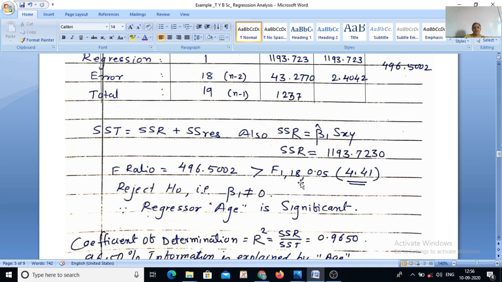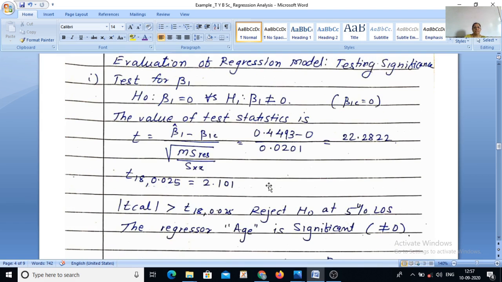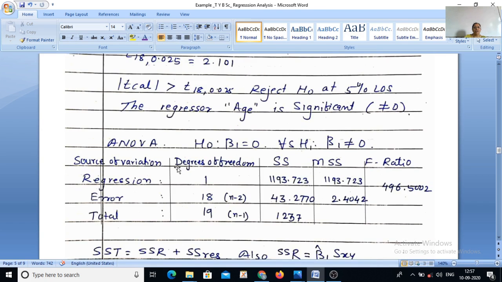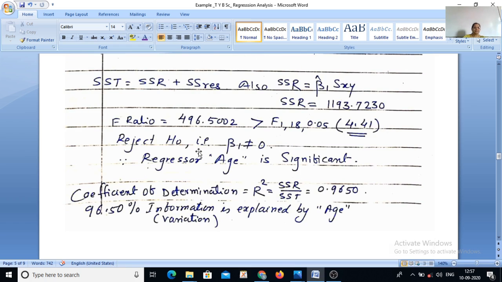So in this way, in order to evaluate your regression model, or to check the validity of your regression estimates, you can use either the test for beta 1 using the T statistic, or analysis of variance in this way, okay. Analysis of variance is a very important technique while comparing means of several distributions, several samples, also in the population, okay.